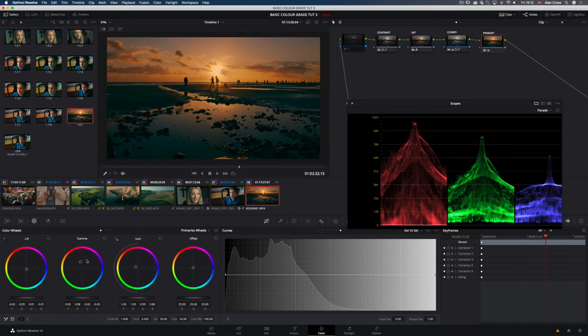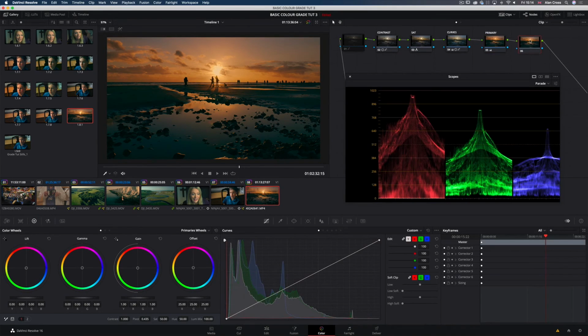On this last one, I've gone into the primary wheels and I've pushed a lot of warmth into the midtones here. More sort of red, pink into the midtones, a bit of yellow, orange yellow into the highlights, and the shadows I've put a tiny bit more sort of blue, green, cyan, and brought them down a bit there. If we add another node,